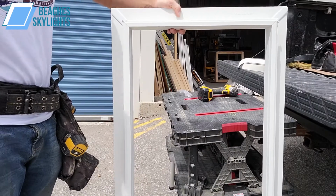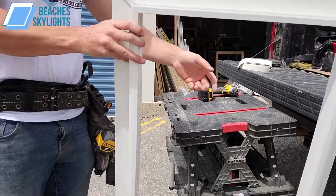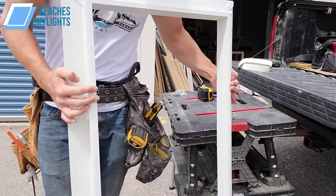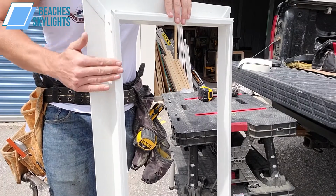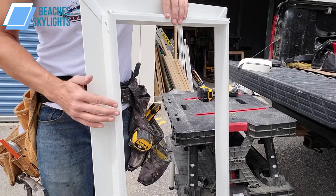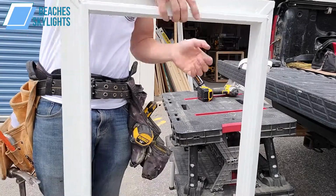All right, so this is what she looks like all put together with all four sides. Just one moment here. All right, so on the underside, you're gonna have this basically white rubber gasket here. This is gonna rest against the inside drywall or whatever inner trim or whatever's in the skylight tunnel. So basically picture a board coming up like this, resting up against here. The actual blind is gonna insert